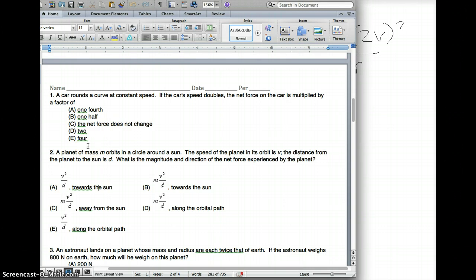The next one, I think this is number 3. A planet of mass m orbits around the sun in a circle. The speed of the planet in its orbit is v. The distance from the planet to the sun is d. What is the magnitude and direction of the net force experienced by the planet? So they're giving us variables, so we need to come up with an algebraic expression that uses those variables. What they're telling us is that something's moving in a circle, that means the net force acting on it, we can say is a centripetal force. And because it's an